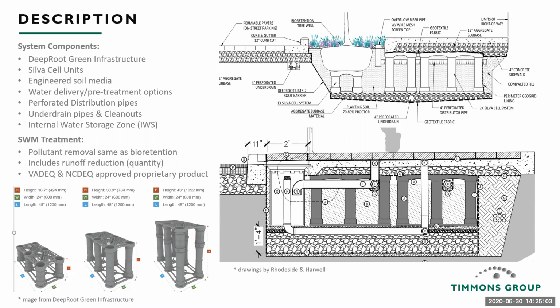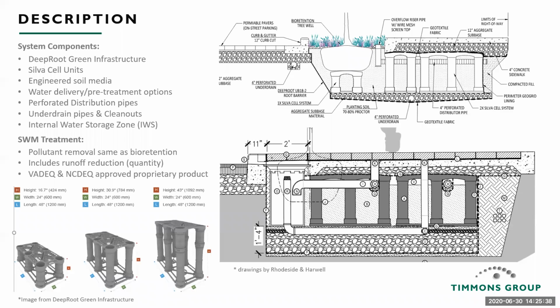Water delivery and pre-treatment are critical in this. Usually used in urban settings with traditional storm sewer systems where you'd have an advanced pre-treatment catch basin where the first flush of drainage would run into the catch basin, filter out any of the large debris, and then be distributed to the system. You can also incorporate open tree wells with curb cuts. You can kind of see it up there in the top picture where water would flow in through a grate system and then down through the media from that point.